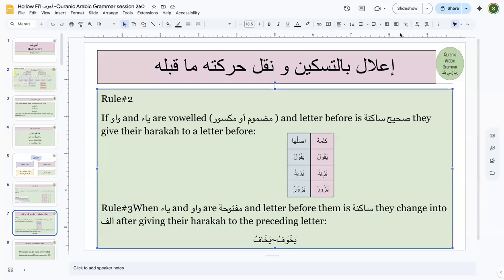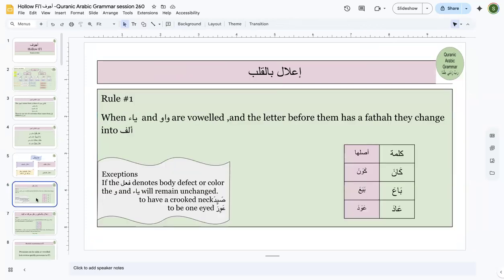Yes, in rule number 3 it is a little longer. Yes, it took upon itself a sukoon, but now that waw is preceded by a letter with a fatha. So in this case you cannot call it rule number 1. It is separate. You have to keep it separate from rule number 1, because what was the condition in rule 1? All letters were with a haraka, right? Remember, in case of rule number 1, all the letters were mutaharik, right?